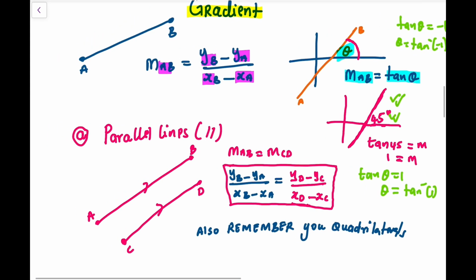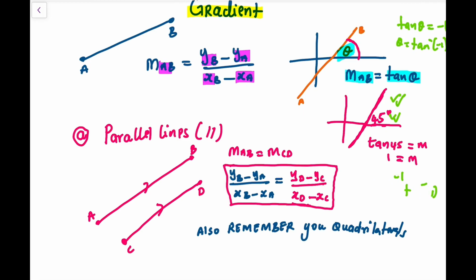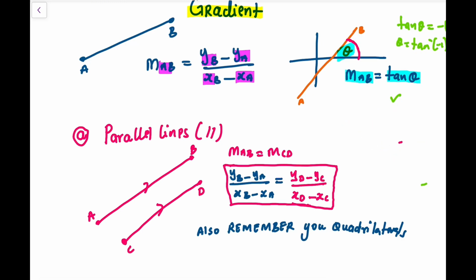Now, number 2, under gradient, you need to remember the properties of parallel lines. So if two lines are parallel, for example, if you have line AB, here is line AB, and the line AB is parallel to line CD. So two lines that are parallel, the gradients will be equal. So if lines are parallel, their gradients will be equal. So the gradient of AB will be equal to the gradient of CD. So now that means